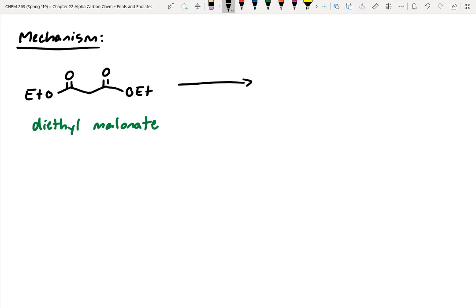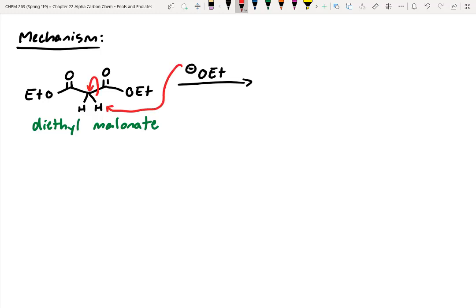So in this one, it doesn't matter small or big, right? Because we only have one type of alpha proton coming off the middle here. But think back to the Claisen chapter. What would be an appropriate base? Ethoxide, right? We don't want it to do transesterification, so we usually pick a base that'll match the leaving group